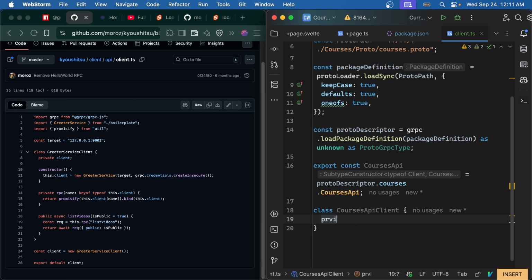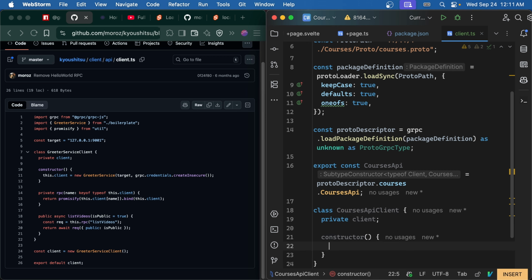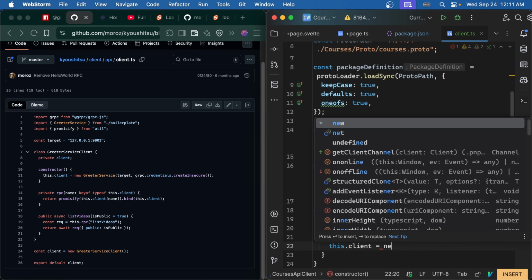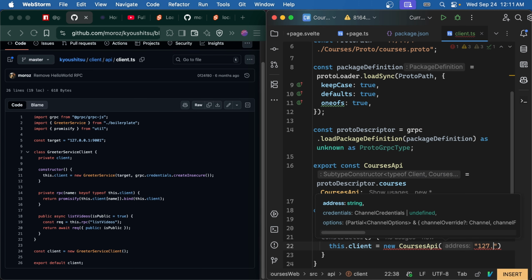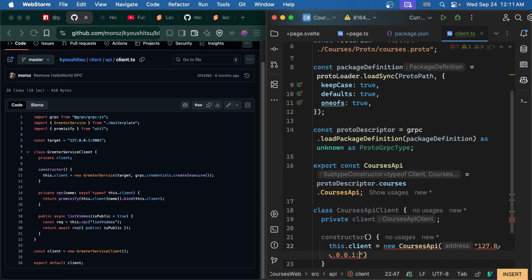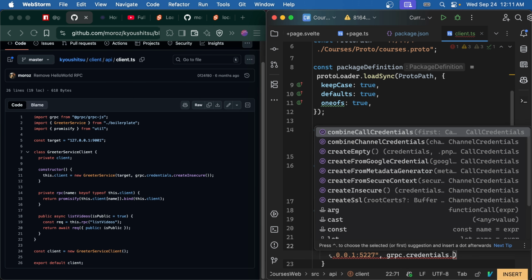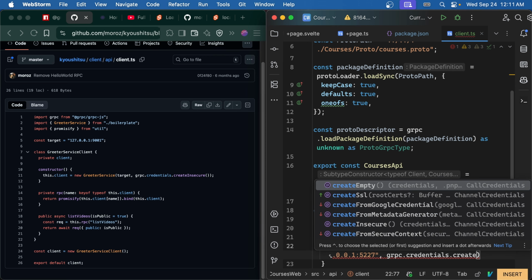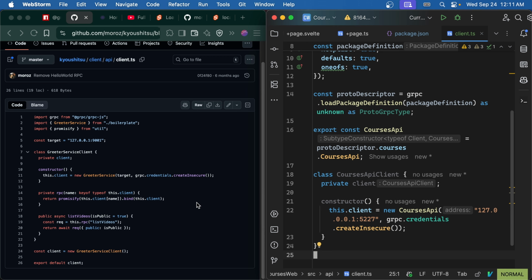So it's going to be private client, constructor. This client equals new CoursesApi, and I'm going to just hard code the address for now. I think it was 5227, and then gRPC credentials create insecure, whatever this means, and then